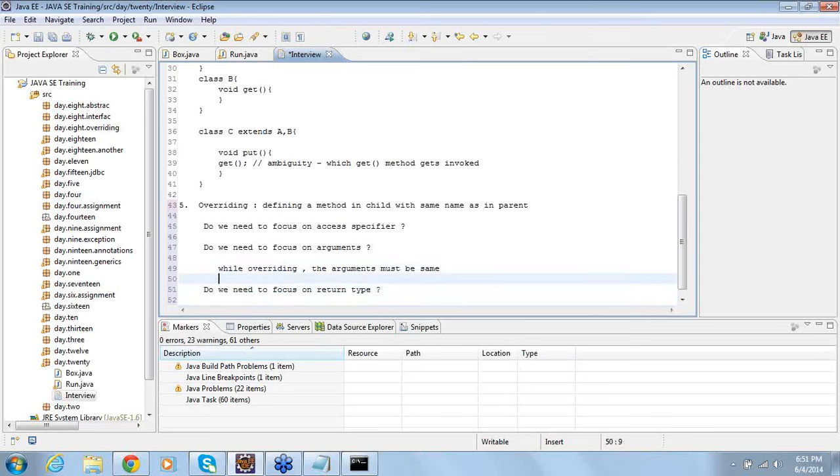So there are two questions which are not answered. One is, do we need to focus on the access specifier? Do we need to focus on the return type? Access specifier must be the same or the privilege can be more. Perfect. Yes.